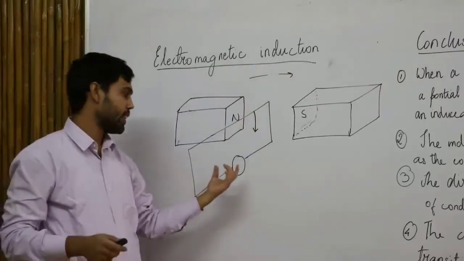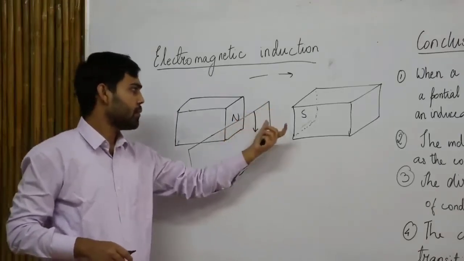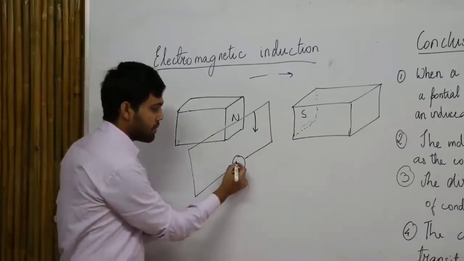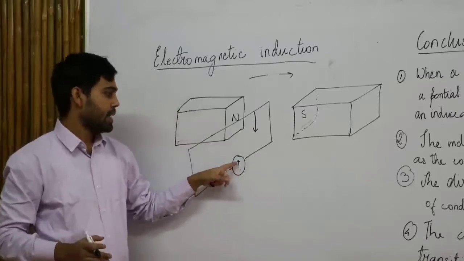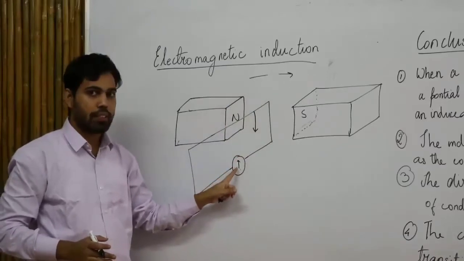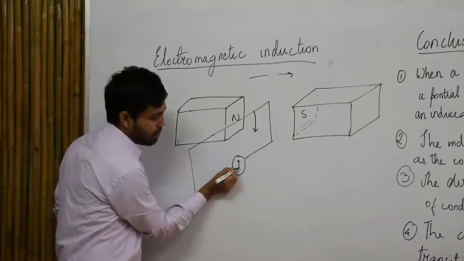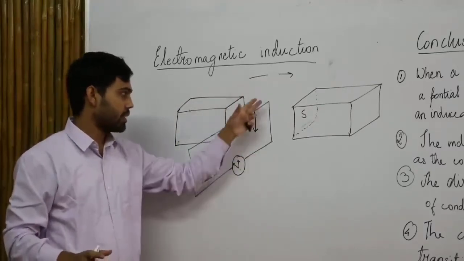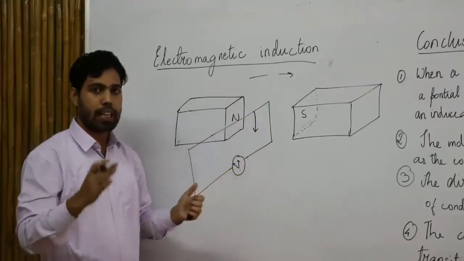Now as I told you, a galvanometer is a device which is used to detect electric current. So if electric current flows in this circuit, there will be some deflection shown by the galvanometer. If initially the needle of the galvanometer is in this direction, when I move downwards the needle will change its direction. Maybe it will come in this direction. So I am moving the conductor of the circuit down, and when I do so, the meter in the galvanometer has deflected.